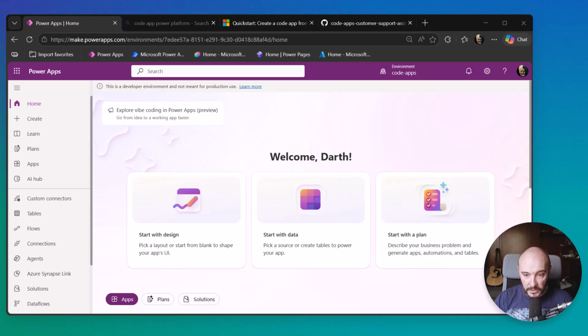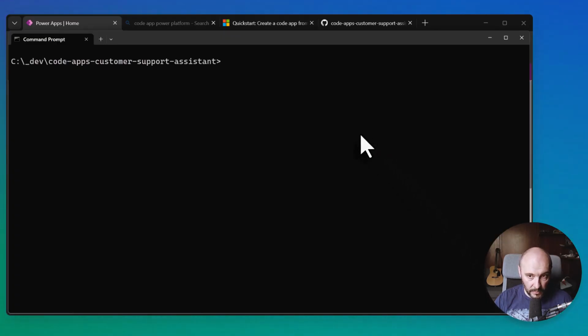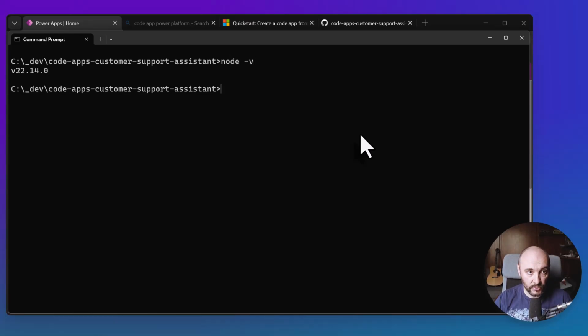We will be mainly working in our command line interface. And before we do anything, let's quickly check if we're running the correct version of Node. We need a minimum of 20. I think 25 is already the stable one. You can download and install it, but I will keep 20. So